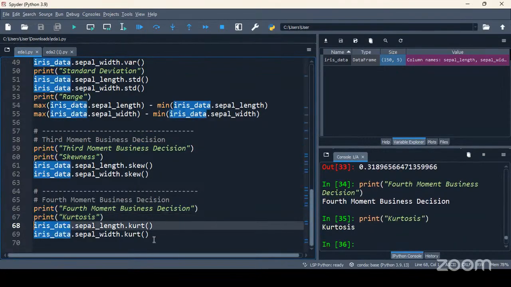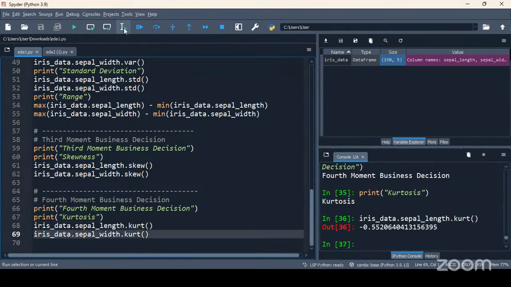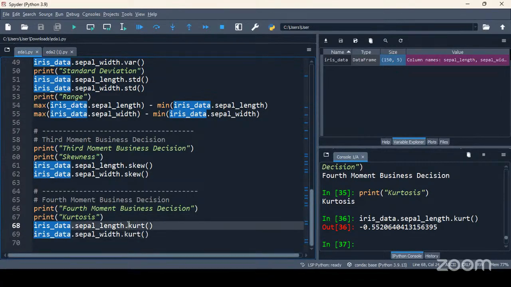To calculate kurtosis for the sepal length column, the same syntax will be used, but I'm just changing the function to kurt. So let us understand what type of kurtosis sepal length has. You see the value is negative, so sepal length has negative kurtosis.